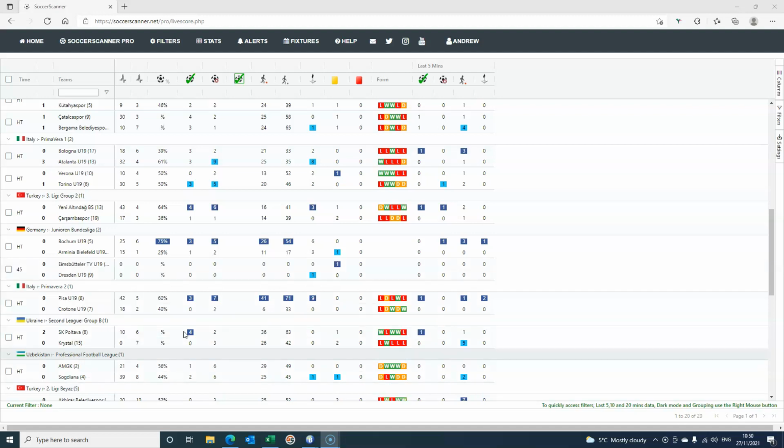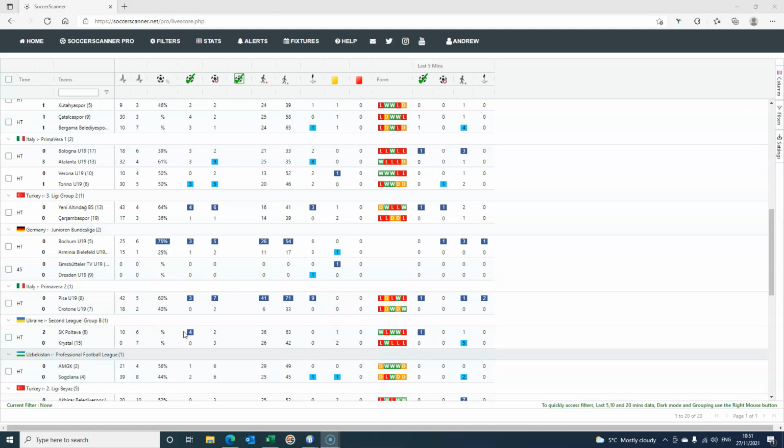Today I'm going to try and trade without doing any pre-game research. I normally do, especially on a Saturday, there are so many games to trade. Pre-game research can really take up a lot of time. But today I'm going to try it without research. So my strategy: I'm looking at trading just the top leagues in Europe, so English Premier